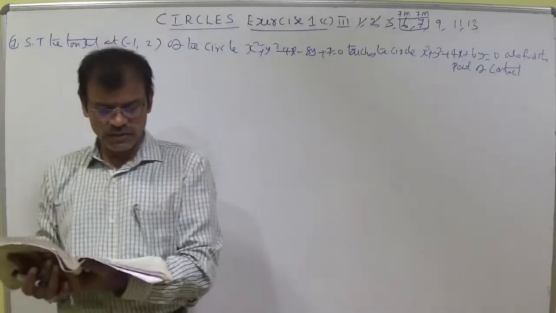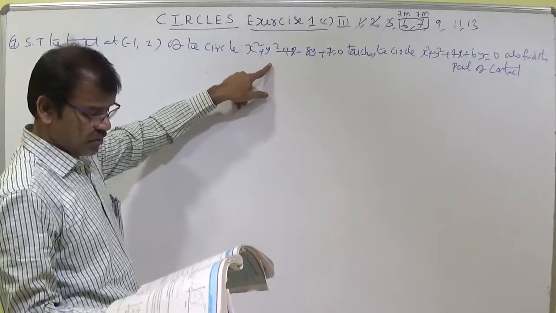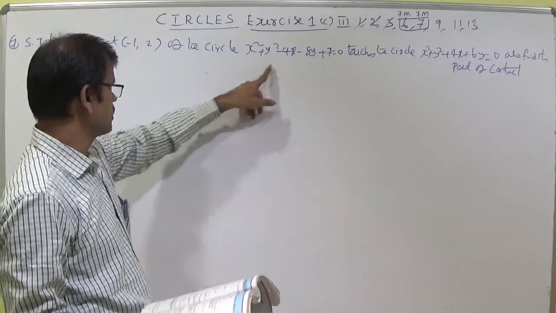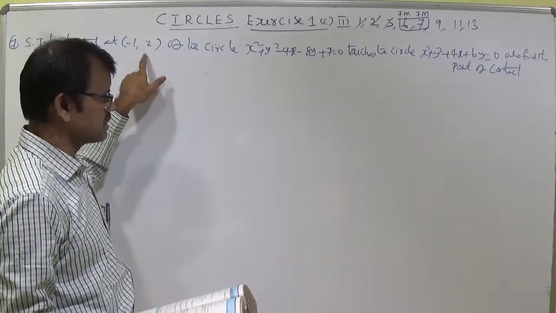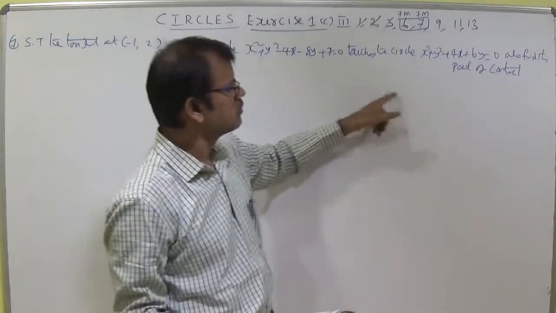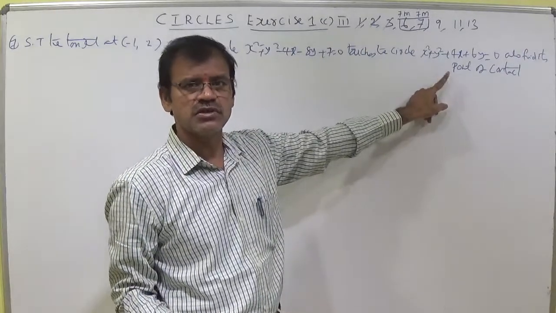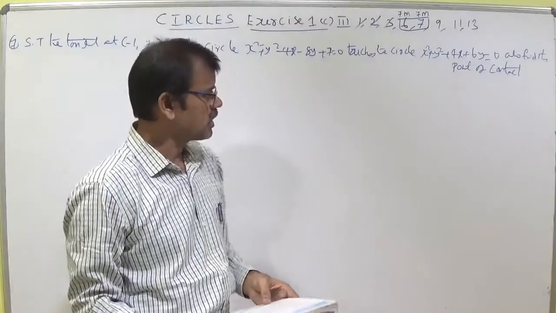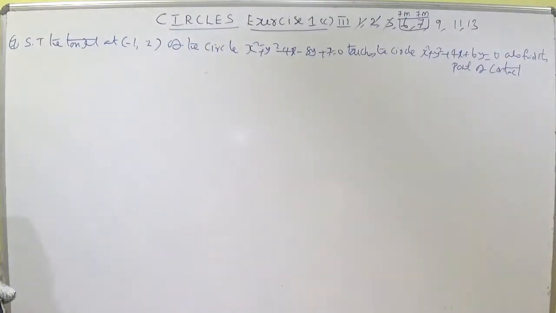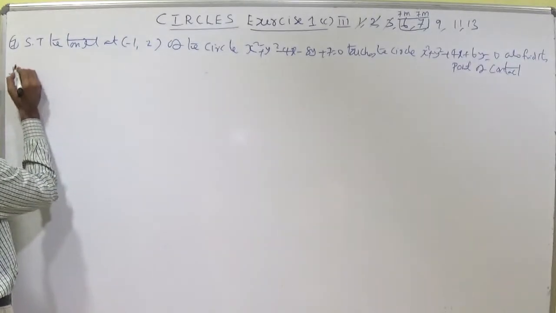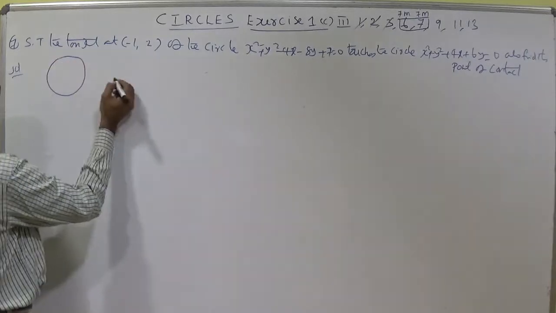Show that the tangent at minus 1 comma 2 of this circle, x square plus y square minus 4x minus 8y plus 7 equal to 0. For this circle we should calculate the tangent using this equation. Then we should prove the tangent is also a tangent of the other circle, using r is equal to distance in the same model. Later, the point of contact using the foot of perpendicular concept. Draw diagrams in a similar way.